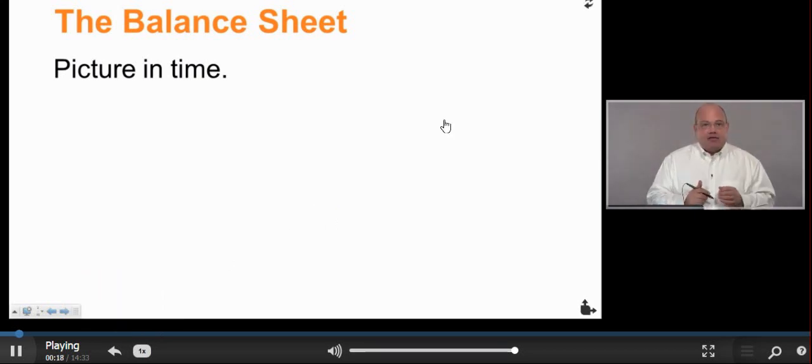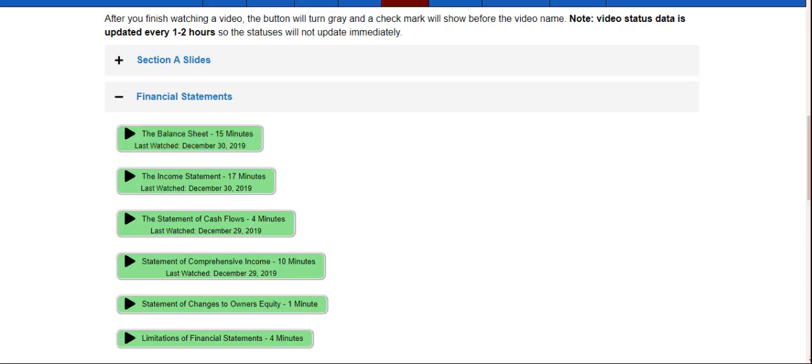If you look at the header of the balance sheet, it says balance sheet, the name of the company, as of December 31st, as of March 31st, as of June 30th. It is at a point in time. It's not